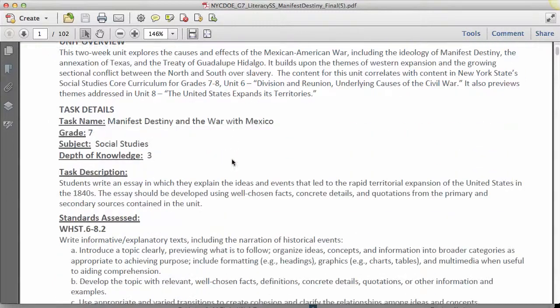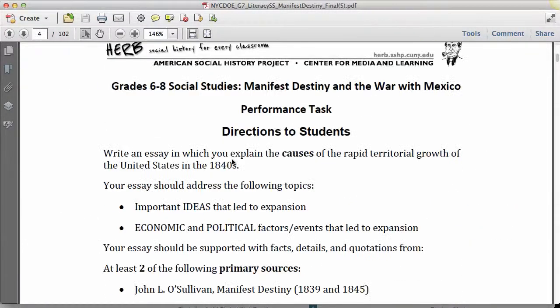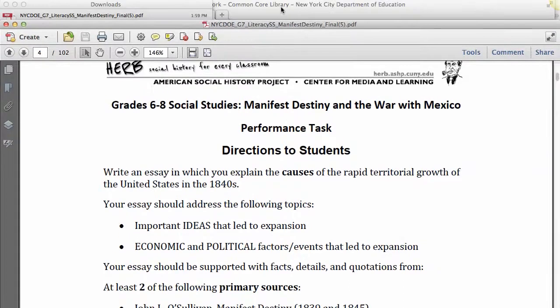We're going to scroll past the introductory information until we get to the performance task. Your goal when you're looking at the performance tasks is to really think about what students will need to know and be able to do in order to be successful with these tasks. That will really help us understand how Common Core is different from what we currently have in terms of our standards. In order to help you do that, and to think about how Common Core is different and also what students will need to know and be able to do, we have a support material for you in